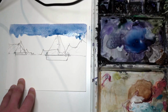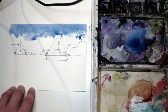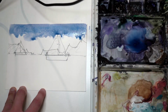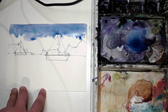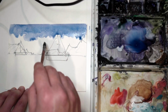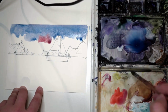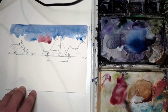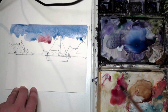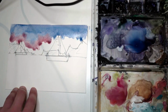And what I'll do is, as I get around halfway down the sky, I'm going to pick up a little bit of warm color. So if you've got some orange, you can mix your yellow and your red together to make an orange, or you can just use a tiny bit of red. Okay, and when you move further down the page, make sure that you're diluting this all the way down. Okay, you're using pretty much almost all water. Okay, like